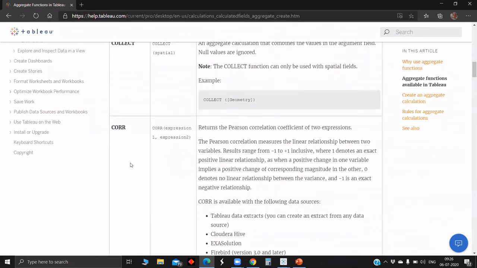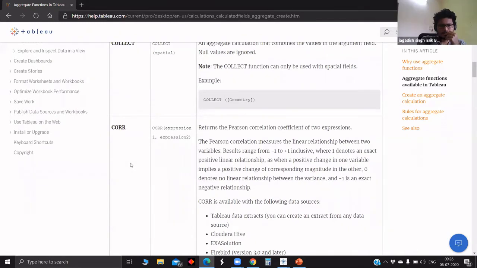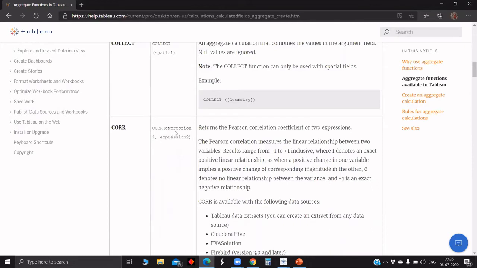The correlation function returns the correlation coefficient of two expressions. If we use two expressions, it will return a value ranging from -1 to 1. One, when there is an exact linear relationship; 0, when there is no linear relationship; and -1, in case of a negative relationship.